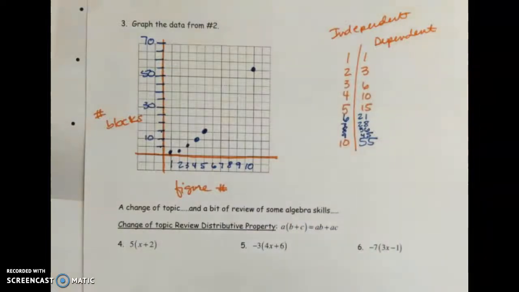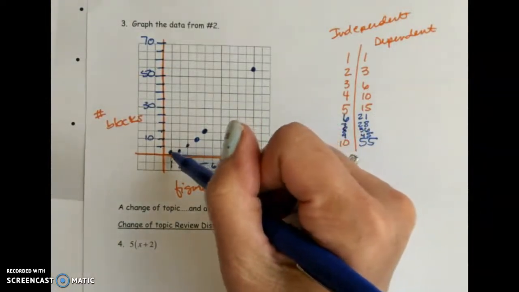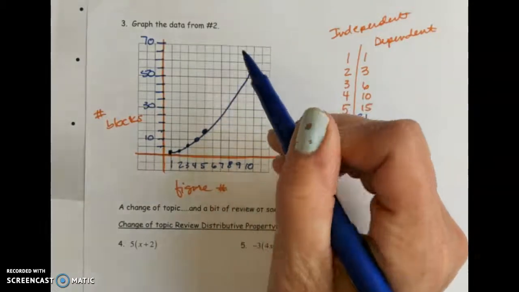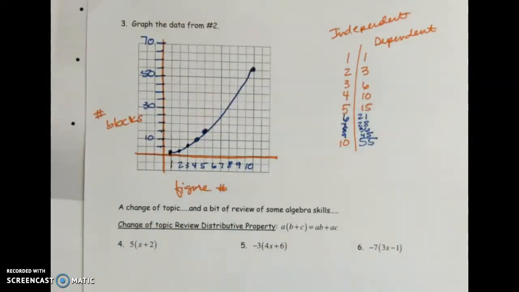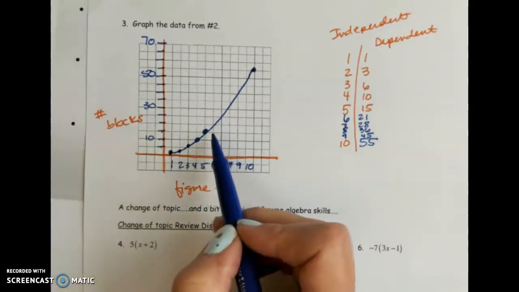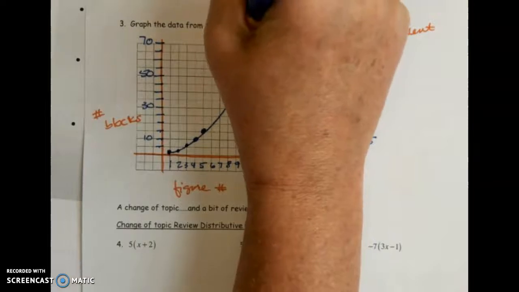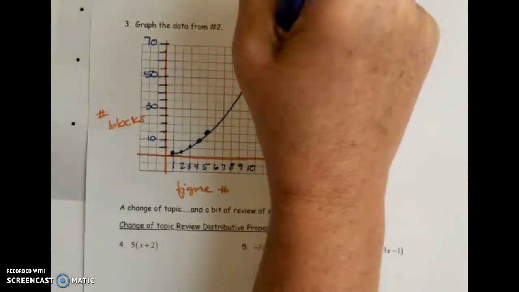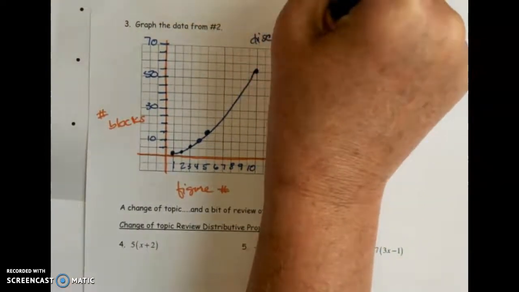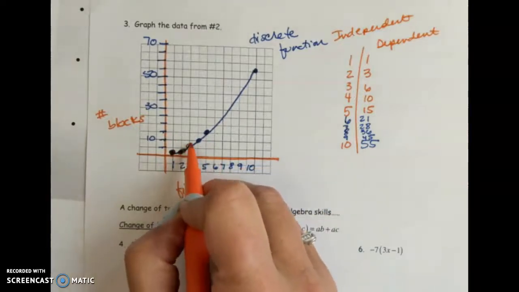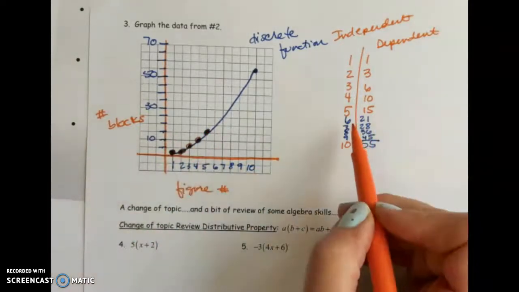So when a graph is just a sketch, you can call it just that. You can start to see this curve. What you don't want to do is make it a straight amount. What you also don't want to do, and now I use pen, is connect these. This is what we would call a discrete function when you don't connect it. Most of our things are connected, but technically when you're just talking about those values in between,